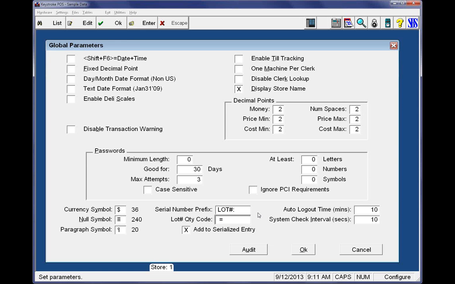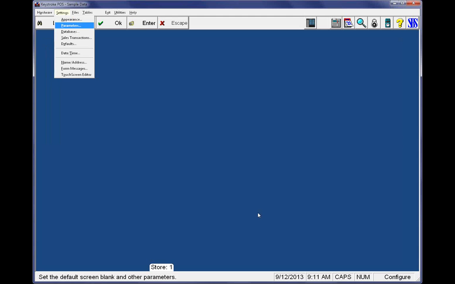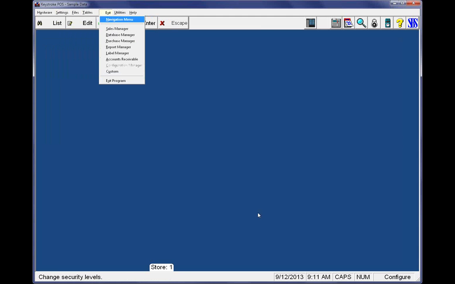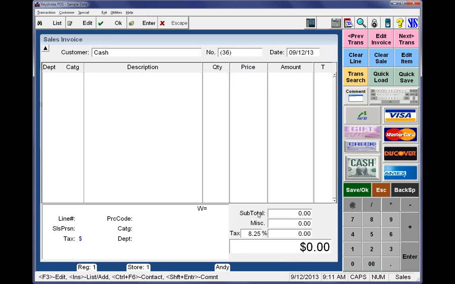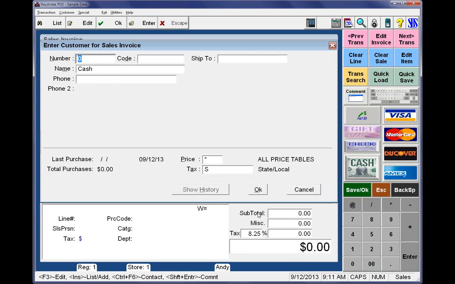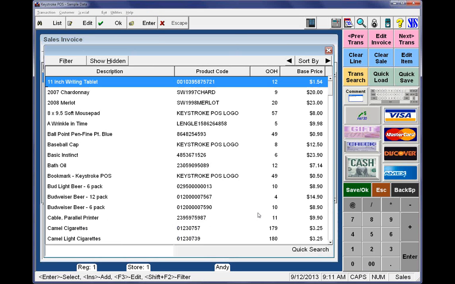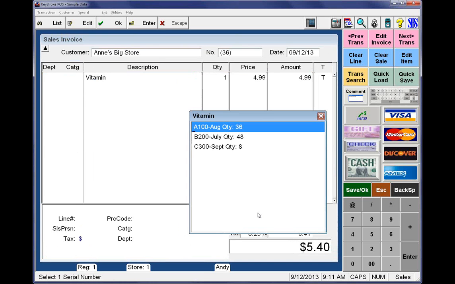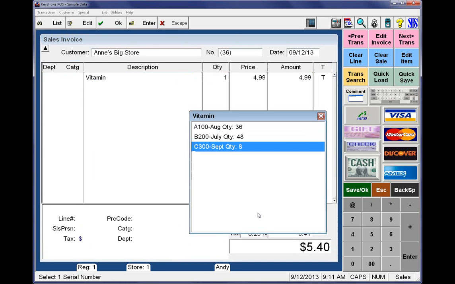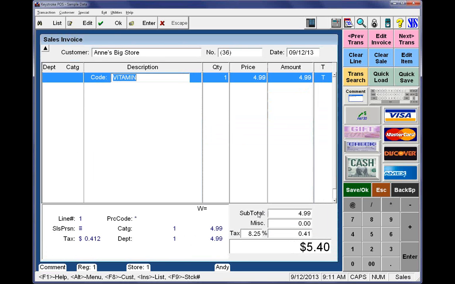something like that. So let's see how this might look on a printed receipt selling the same item. Now the old receipts, the old invoice I already created would retain what it used to be, so you can change this on the fly, but you'll find out that it will look a little different. So let's say this person bought all 8 of, I